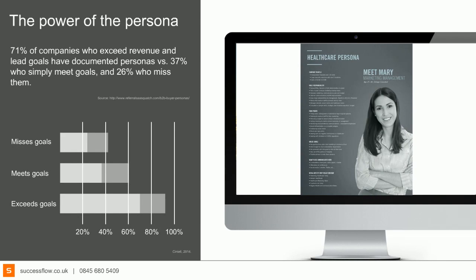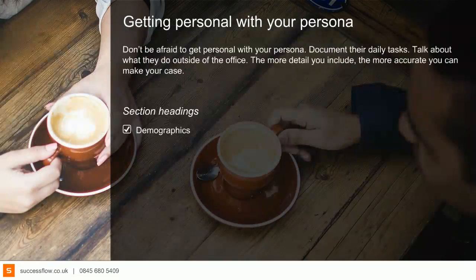So Marketing Mary on screen now has just highlighted the key points. The information on there is bullet pointed, it's simple, straightforward and easy to understand, but you still get a sense of who they are. Looking at what you should include on your persona when starting, you can start with basic information, but the demographics, it's an obvious one, but it's useful to know if you're very focused on regional activity, then you might need to know a bit more about the demographics.